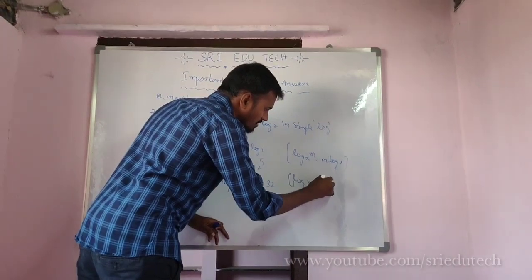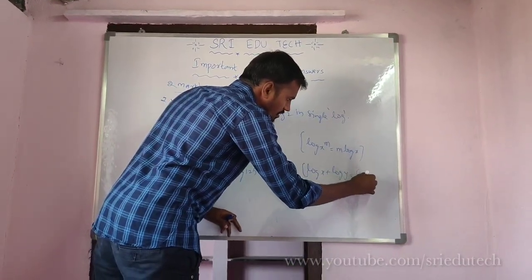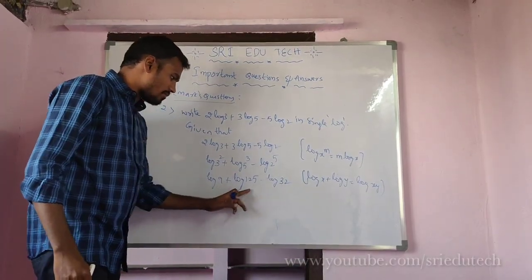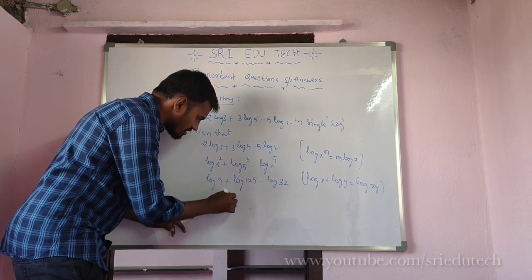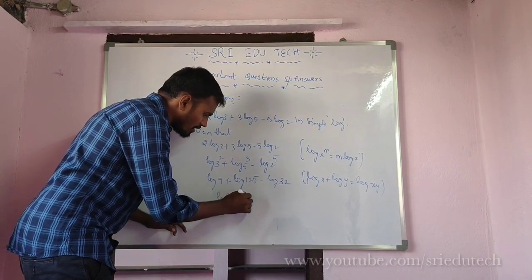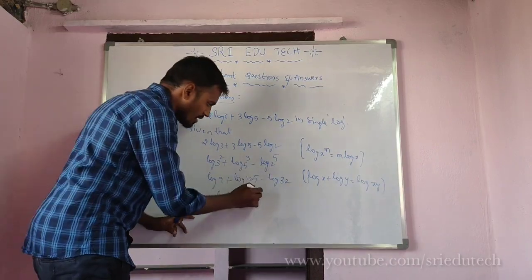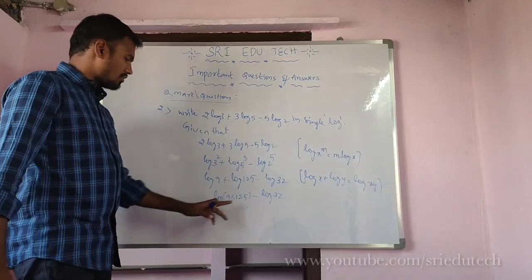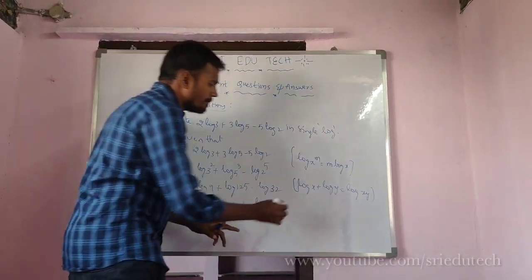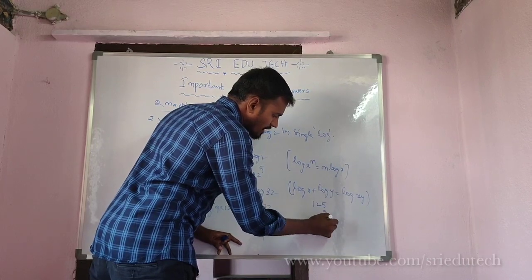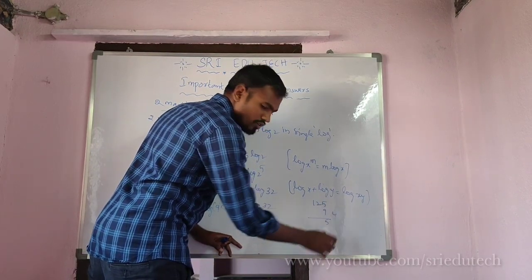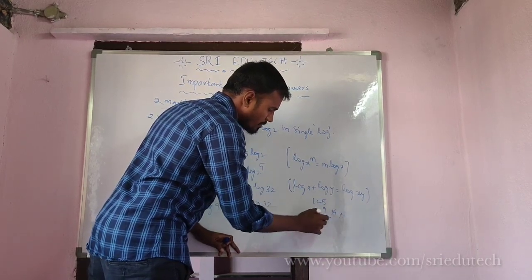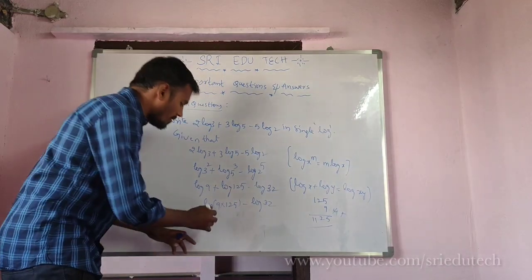Log x plus log y is equal to log xy. Right? Log xy means x is 9 and y is 125. I write down the same, minus log 32. Now multiply 125 into 9. 9 5s are 45. 9 2s are 18, plus 4 is 22. And 9 plus 1 plus 2 is 11. How much? Log